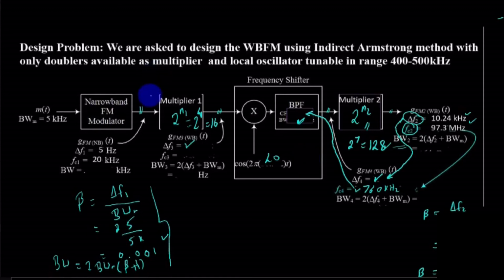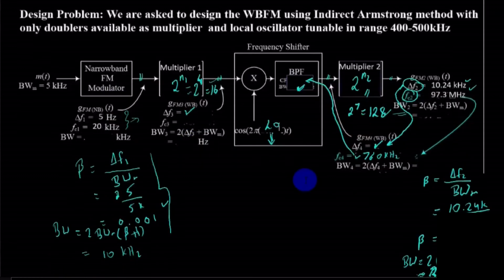So simply you multiply, you can fill in all the rest of the data. It's a very simple process, so I would not do it here right now. But what you have to do is, both of these you multiply with 16, and you would achieve delta f3 and fc3, right? L naught is 440 kilohertz. The bandwidth, as I mentioned, is simply delta f3, and so on. You can fill in the rest of the blocks.